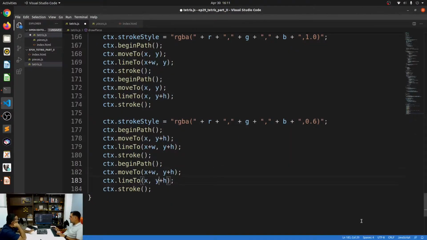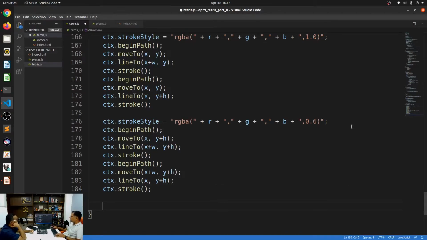So that would be to x. No, it's not x comma, and y it will be y plus h. Right? So I have this. So I have taken care of the outside borders.